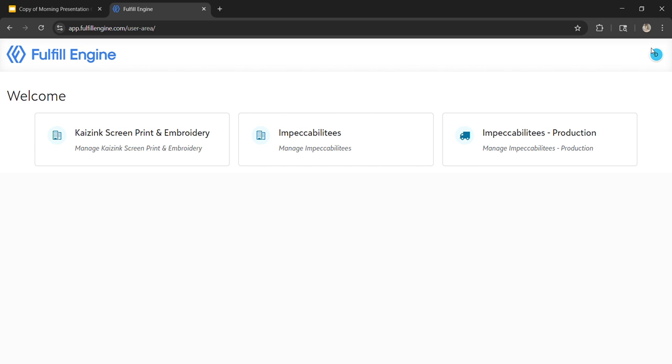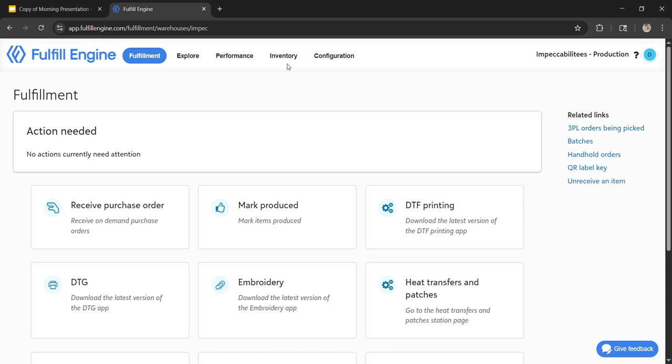In this video I'm just going to show you how to remove items from inventory. So you're going to want to be under Impeccabilities under Production. You're going to go ahead and select Inventory,